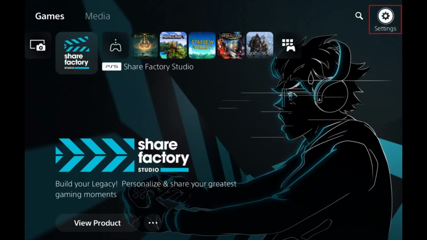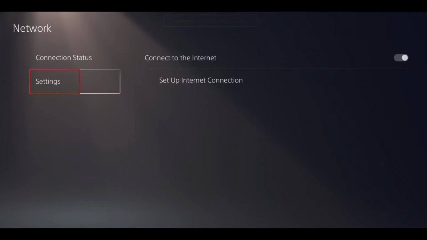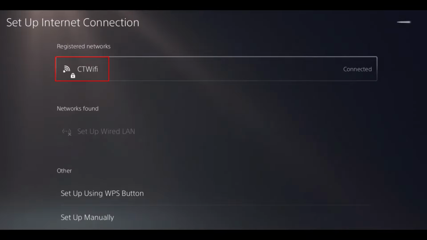on your PlayStation easily. So first off, what you're going to do is go into your settings here, and then once you're in your settings, go into your network here, and then at the left area, go into settings, and then come down here at the right area, select setup internet connection, and then select your network connection here, and here